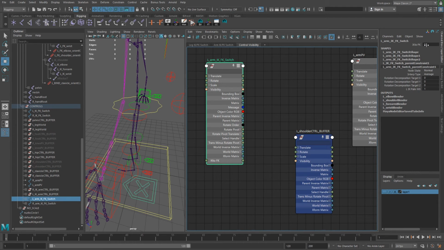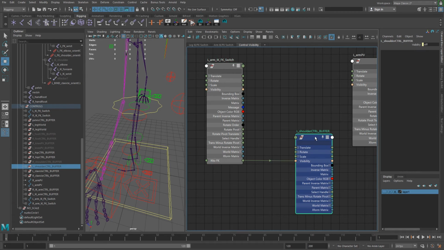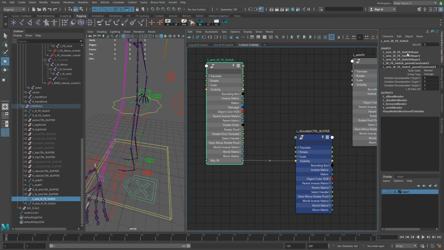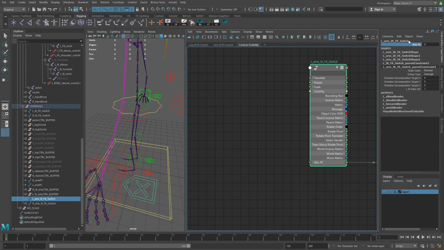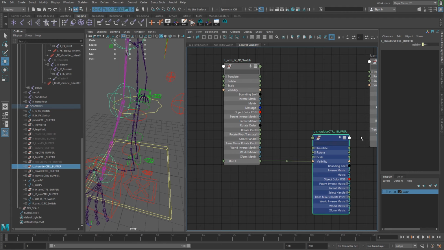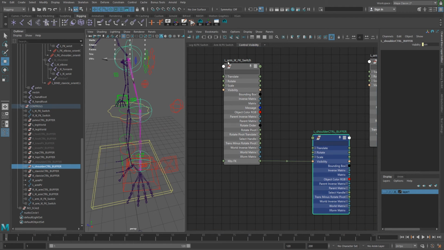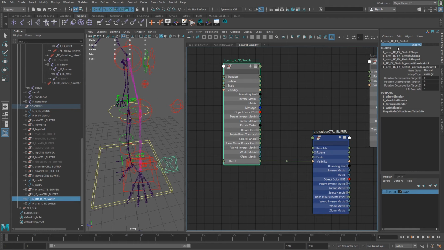At 0 we want this to be off, and at 1 we want it to be on. So we can just plug this directly into that visibility. As you can see, it's off right now, but if I go to IK to FK and switch this to 1, then our visibility is on. So if I go back and forth here,